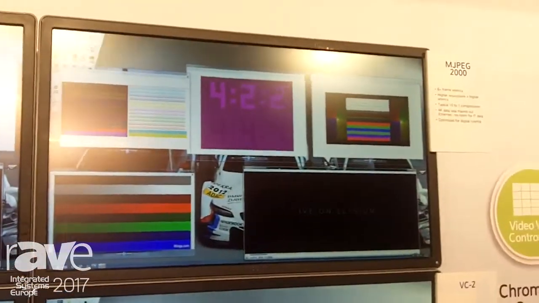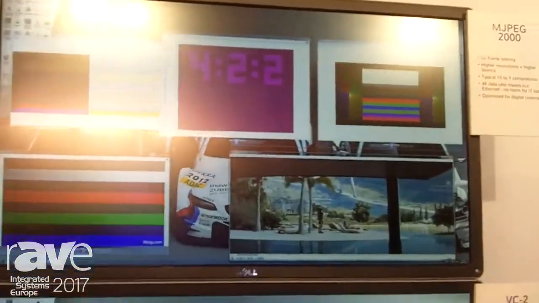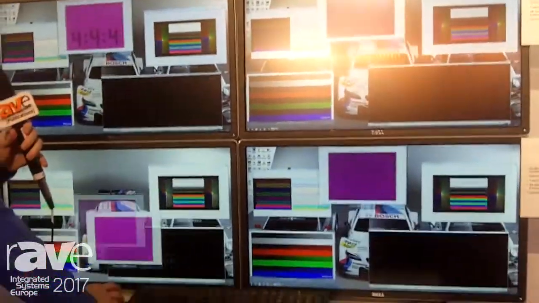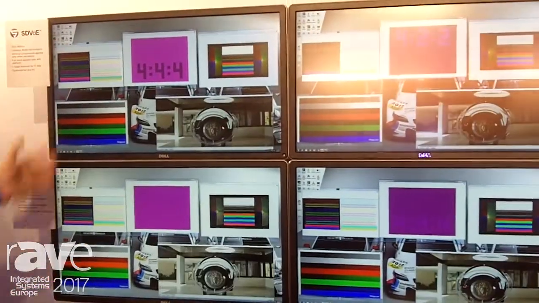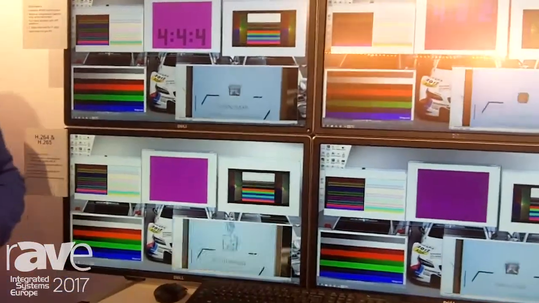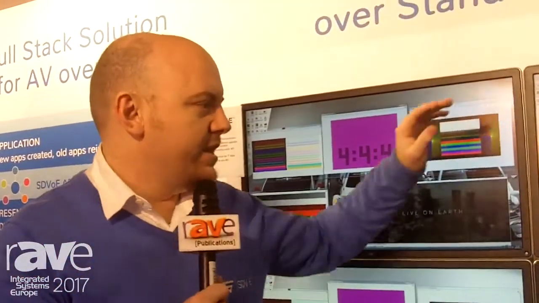And it's a little difficult to see in the video maybe, but what we invite people to do is come by our booth and experience this for yourselves. You can see the different amounts of latency that each codec has. Ours is fully real time. These others have some delay. And when you look up close, you'll see the difference in video quality that comes between a truly uncompressed bit-perfect solution and these much more highly compressed 10:1, 16:1, or even 200:1 solutions, and the effect that has on image quality.